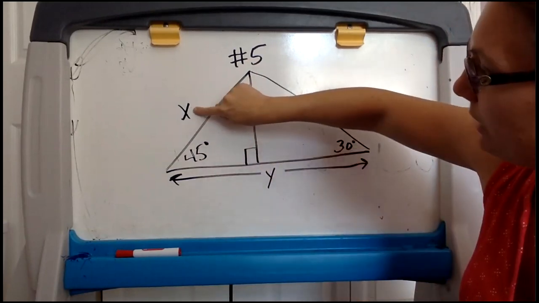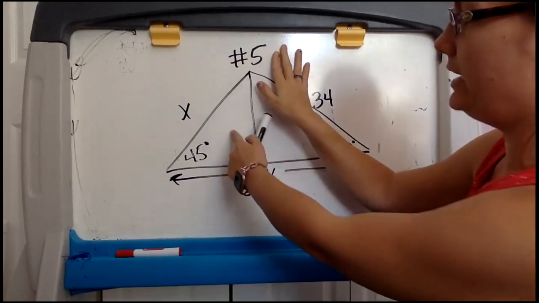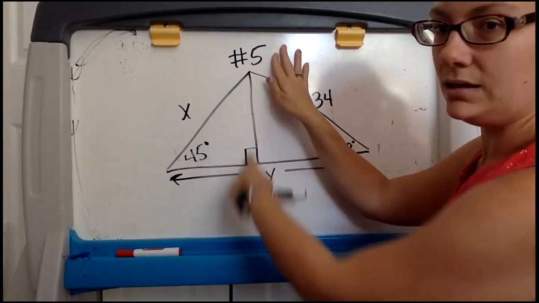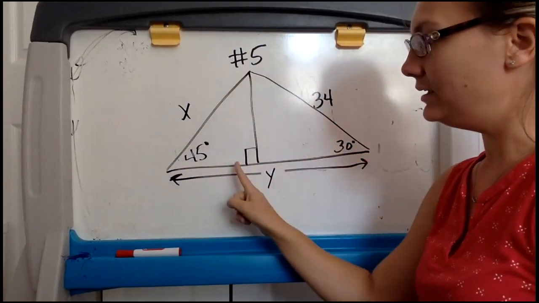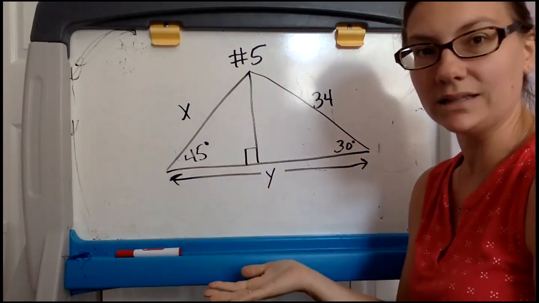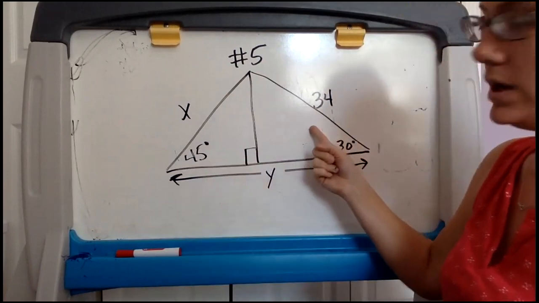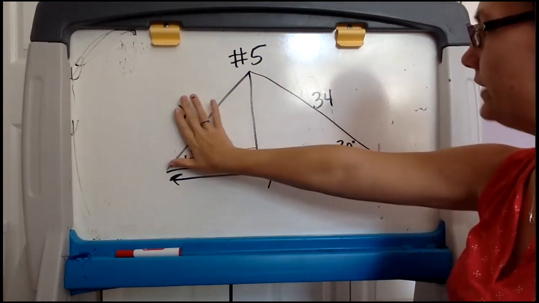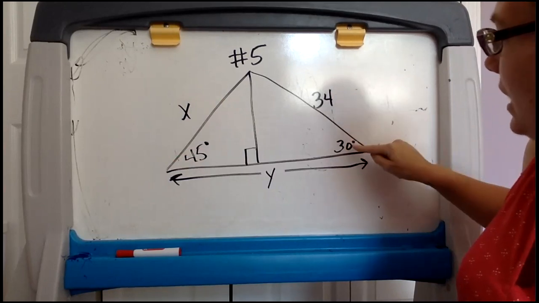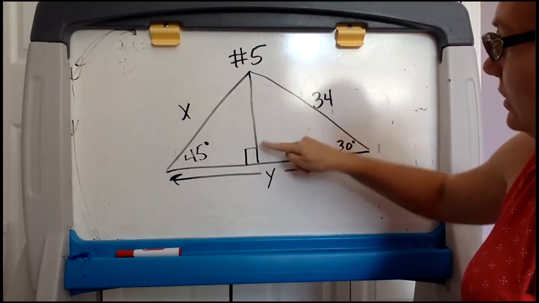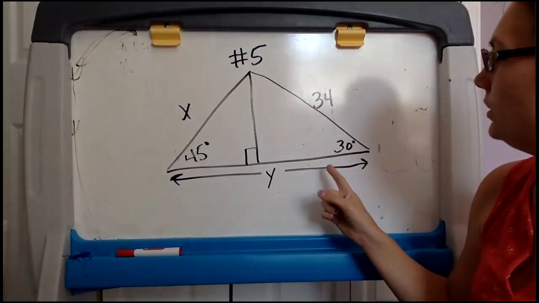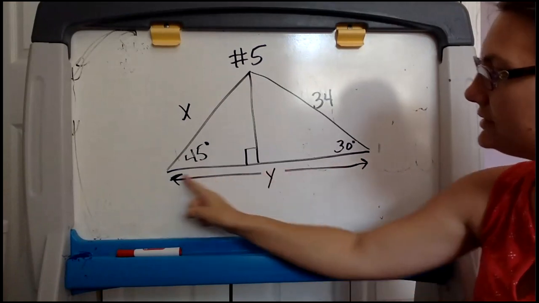If we think about x, so we're ignoring this triangle and looking at this one. I don't know the length of this side, and I don't know the length of that side. So currently, I can't solve for x. I need a side length. So I look at this one. Cover that one. Same idea though. I only know one side length. I don't have this. I don't have this. Because y is the length of this entire side,